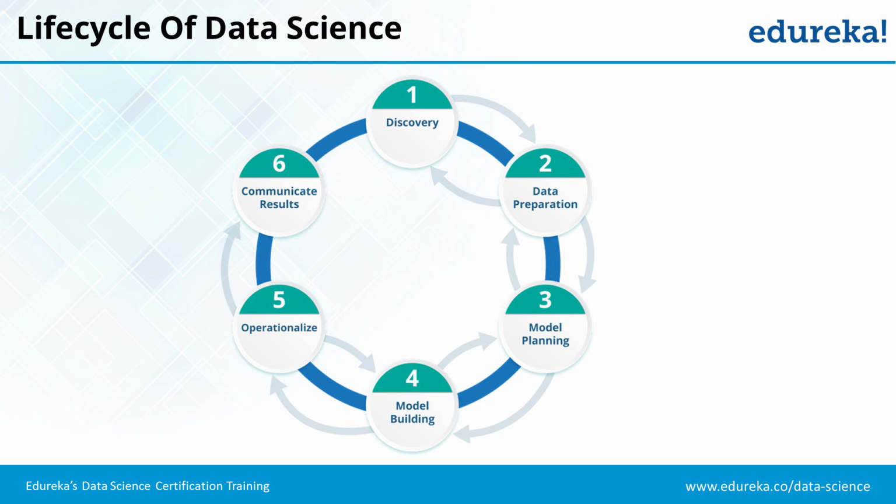Then we do model building. We look at some assumptions, we validate our assumptions, and we test them against the data to see whether our model is valid or not. And we check it against the test data. So we have sample data with us, the historical data. We take a subset of that data for our model planning purpose. And for model building and validation, we take another subset of data and test our hypothesis on that data.